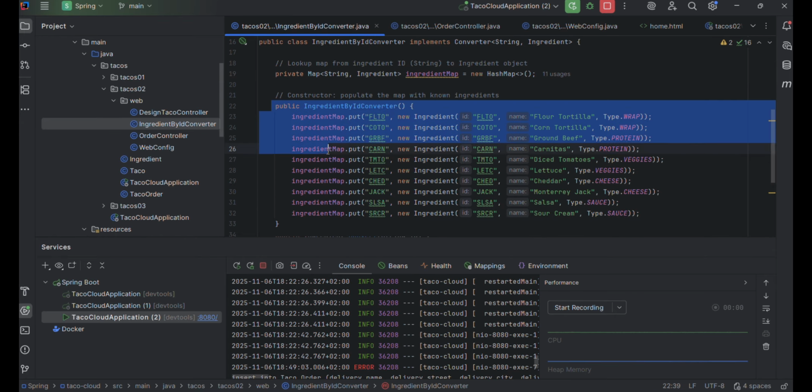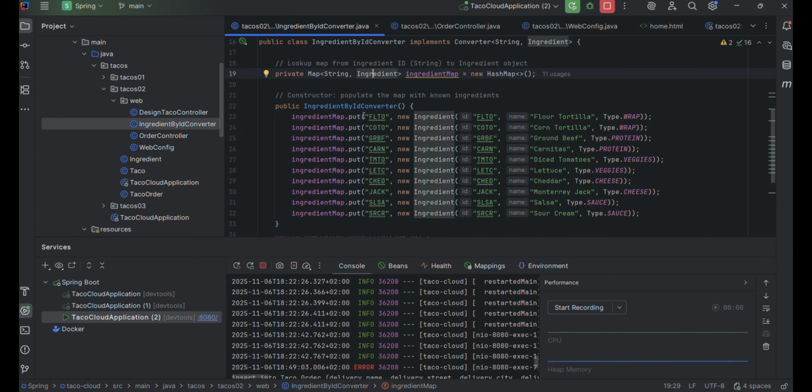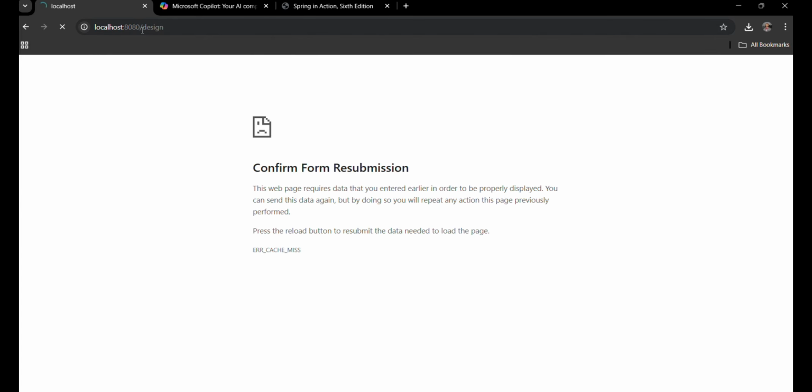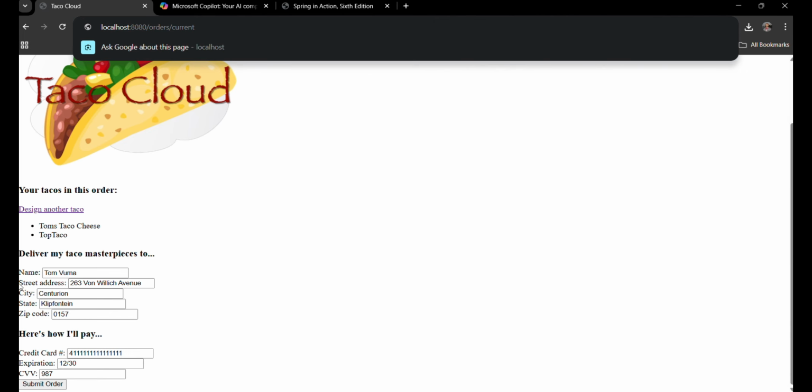So over here, I have the ingredient by ID converter. This is basically a constructor. It's going to populate the map with the known ingredients. Well, how does it do that? Using put, firstly, we have essentially two values here. The first one is the ID, that is referring to the specific ingredient. So the program takes the ID. So as soon as a user chooses an ingredient, the program basically takes that specific ID and